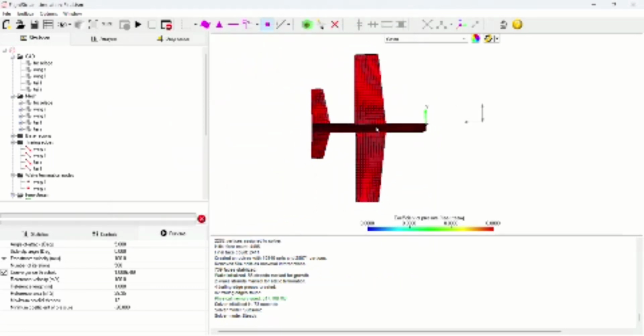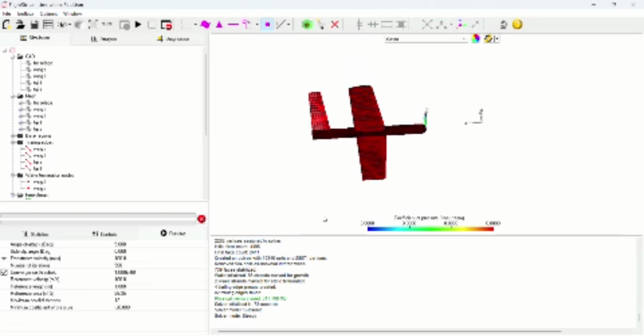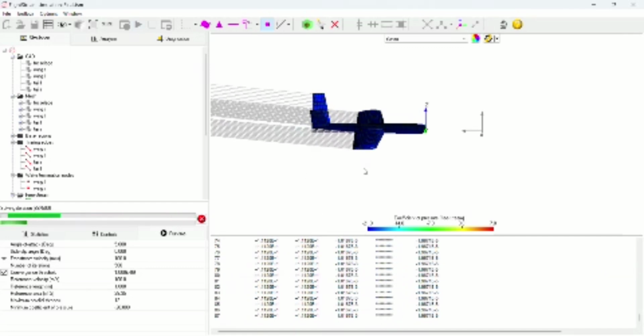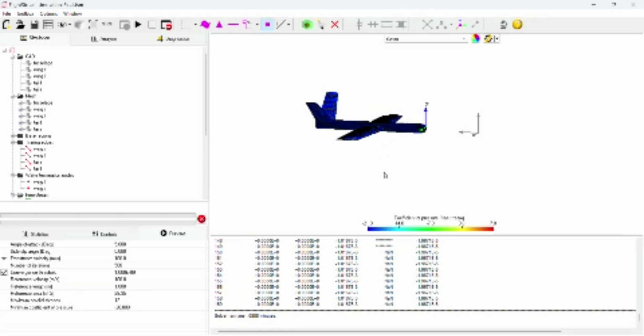We'll just keep the model in the center. This is for coefficient of pressure at free stream. As we press the runtime, you can see the wake lines and also the data which will be converging. It converges at 159 somewhere, and the runtime also you can see it is at